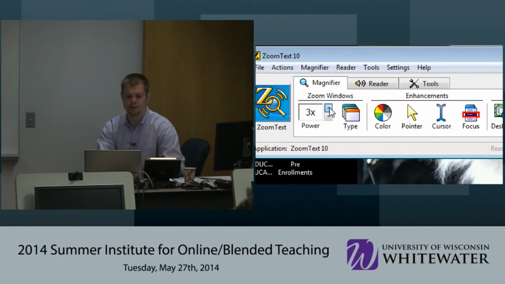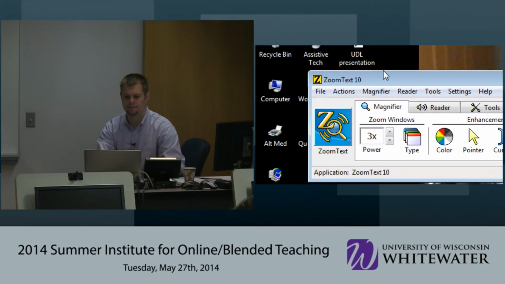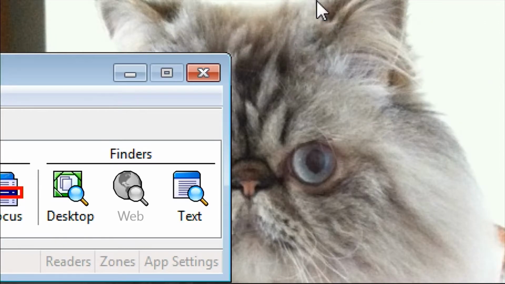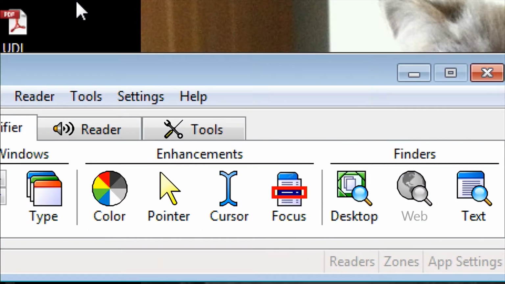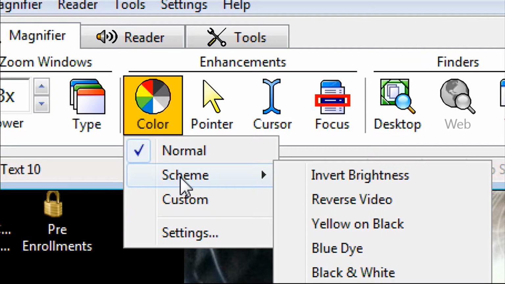Obviously, you guys heard the reader. That is easily disabled, because it's kind of tough to listen to that as you're navigating with the magnification. The really nice thing about this program is you can change the colors. So if there's a student that has contrast issues, they can reverse the colors. Here are all these different schemes.